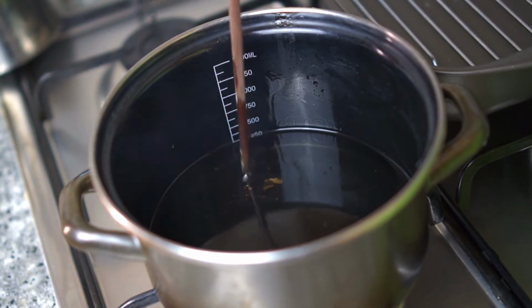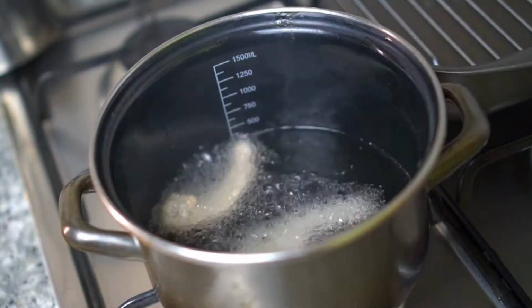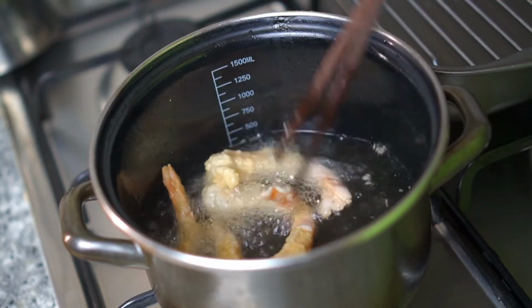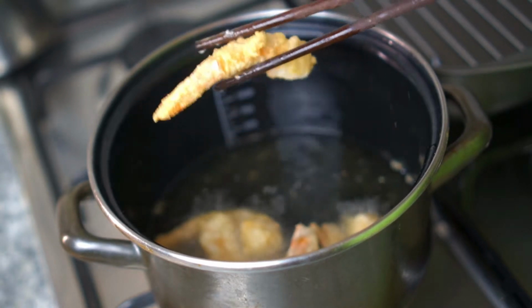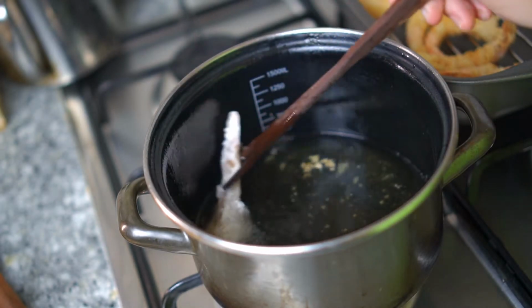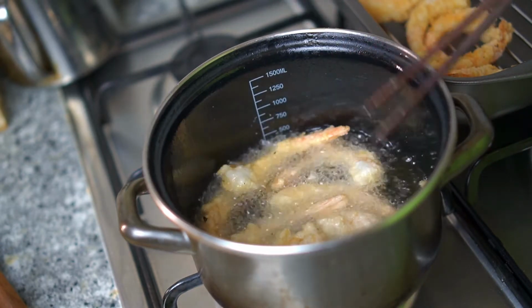Okay, the real business is happening now. We're going to fry prawn A first, the velveting method. So we're going to put the prawns into the pot, of course, not crowded. Remember to flip them around because we want both sides to be cooked. When it's slightly golden, you can take them out already because we're going to double fry this thing. So take them out. I'm frying a couple of batches because the pot is small and I want to save oil, right? Just fry them all